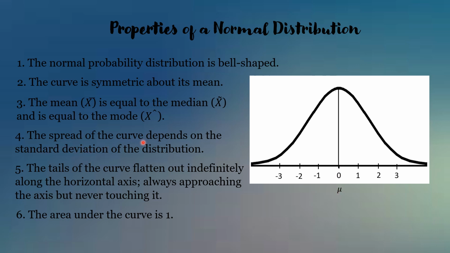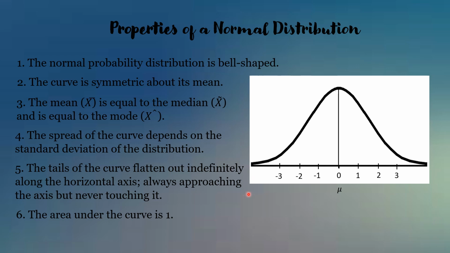Okay, so the spread of the curve depends on the standard deviation of the distribution. So yung curve ng ating normal distribution, pwede siyang mabago, depende doon sa ating standard deviation. Okay? Then, next, the tails of the curve flatten out indefinitely along the horizontal axis, always approaching the axis but never touching it. So, yung tails ng ating normal distribution, never siyang magko-cross or magta-touch doon sa ating horizontal axis. Palapit lang siya ng palapit pero hindi sila